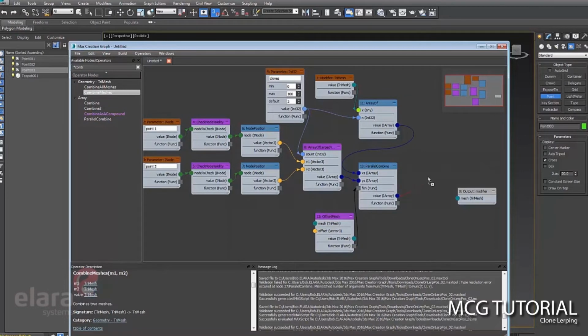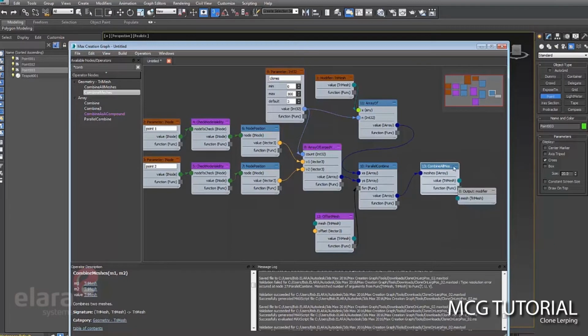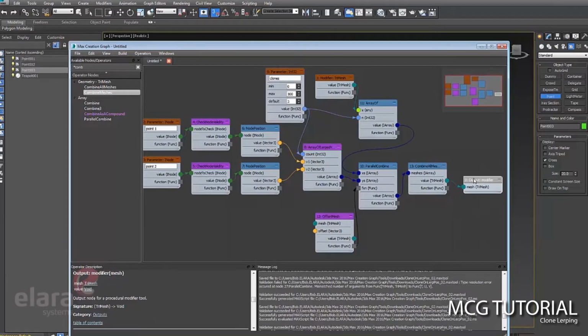Another way you can do it here is if I just drag this one out, it's going to bring up a list of only the compatible nodes that I can hook up. Now some of these are the any data type, so there's a bunch, but it's searchable as well, so I can do asterisk combine all meshes. That's what I want. So that is going to turn that array of meshes into just a single mesh, and then I'm going to dump it out here.